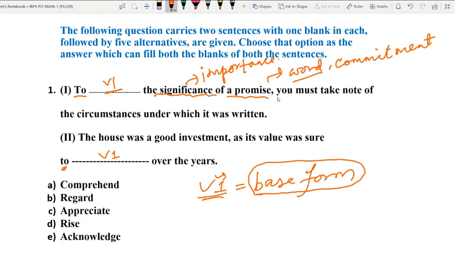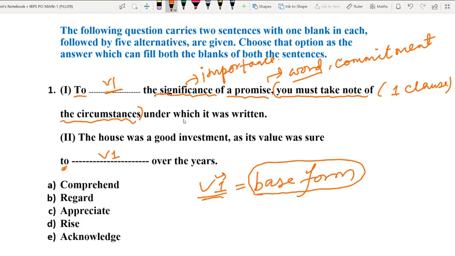So it is better if you look at those clauses and phrases first and try to understand what they mean. So now let us see in this sentence how many clauses and how many phrases are mentioned. You can see, starting from "you must take note of the circumstances", right? This part, starting from "you" to "the circumstances". Okay, here we have one clause,